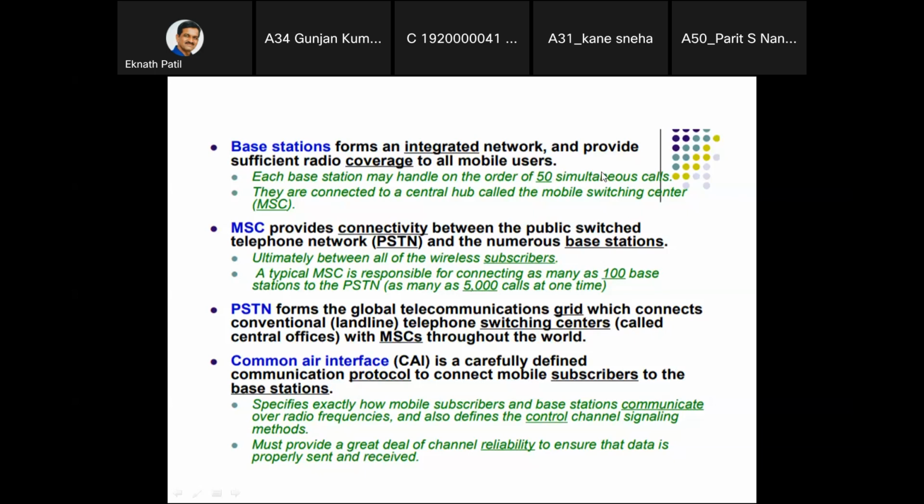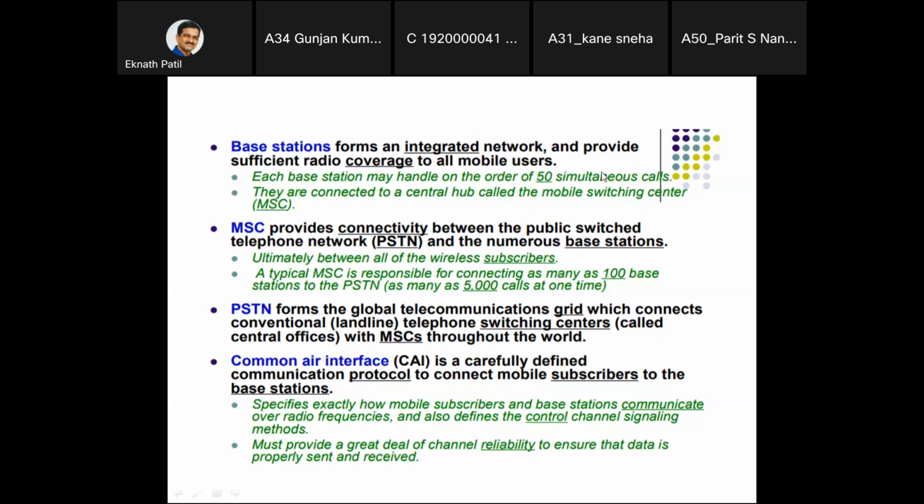So one thing is that from the subscriber, the signal goes to the base station saying that I want to connect to this particular mobile station. Then the base station goes to connect with the MSC. MSC goes to connect with another base station, and then they connect to the mobile. So it is the process of raising the handshake, or raising the requirement of the connection, and it is passed through the path from the subscriber towards the base station towards the MSC, then MSC to PSTN, if at all